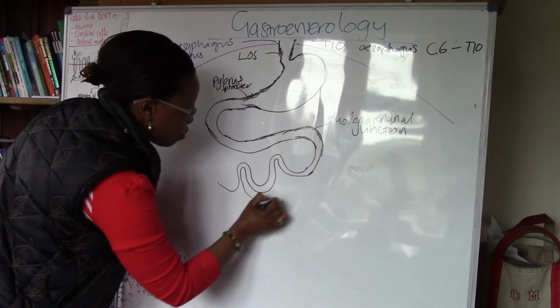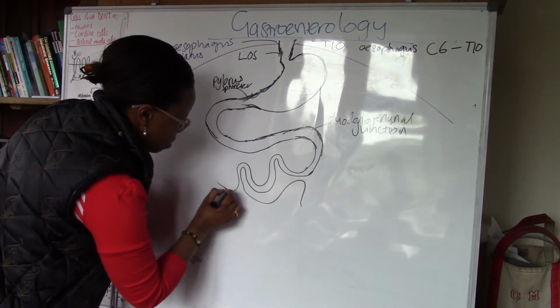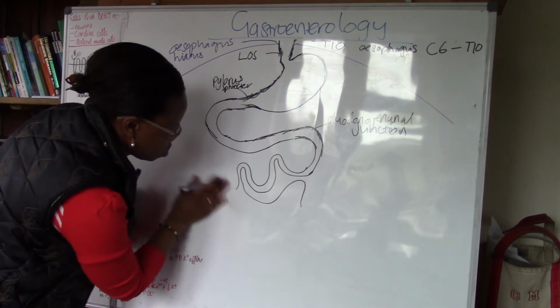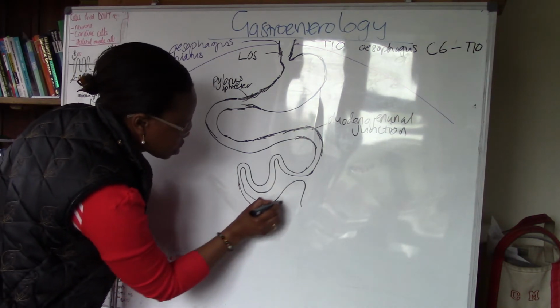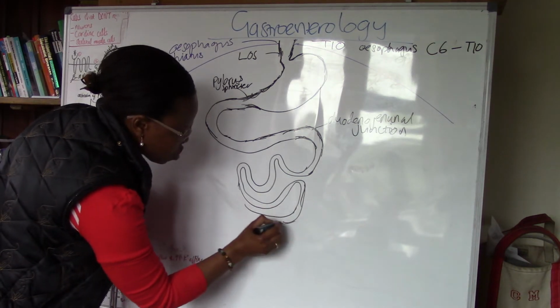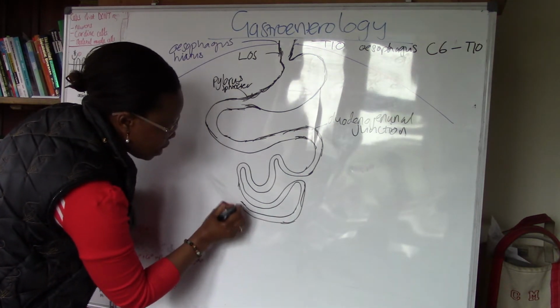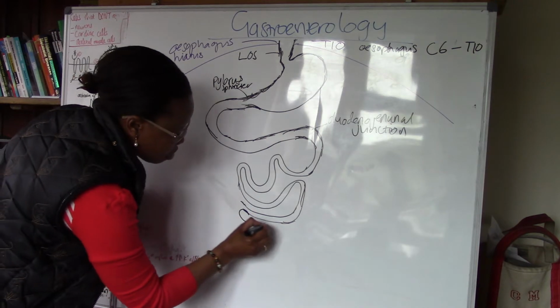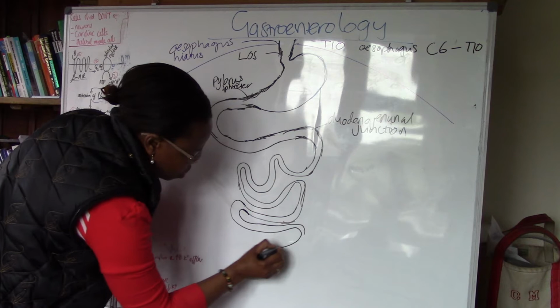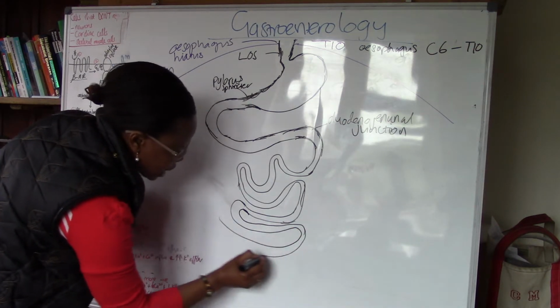It has a lot of folds, and I'm not drawing anything to be anatomically correct, just for illustration purposes. So this is the jejunum and the ileum, which terminate at the